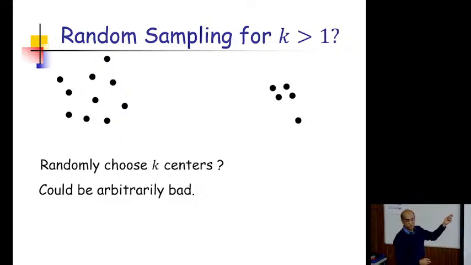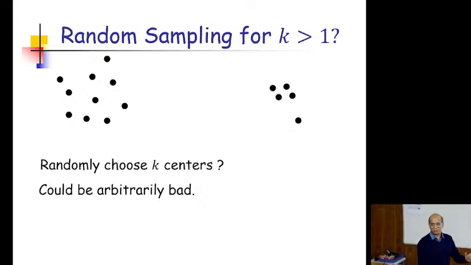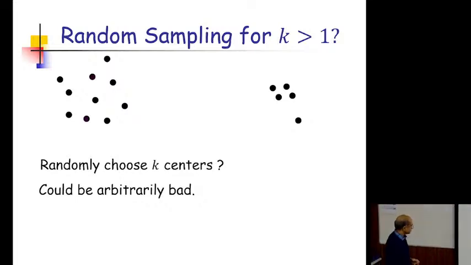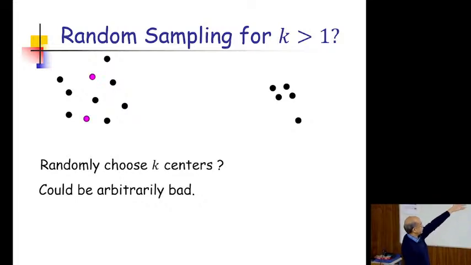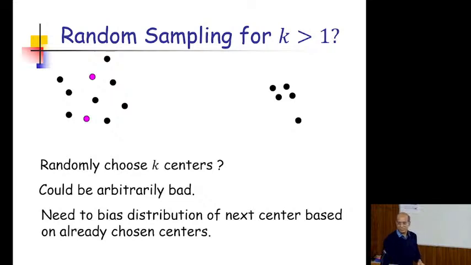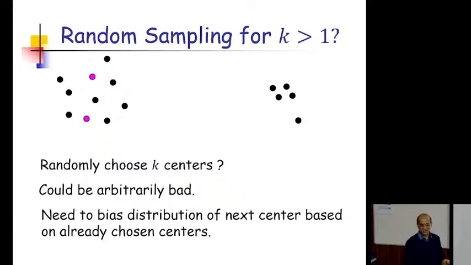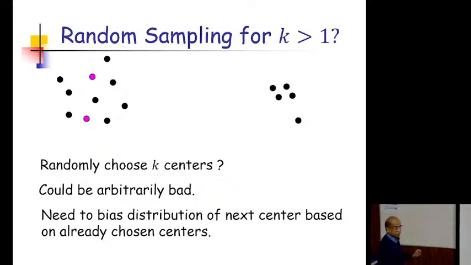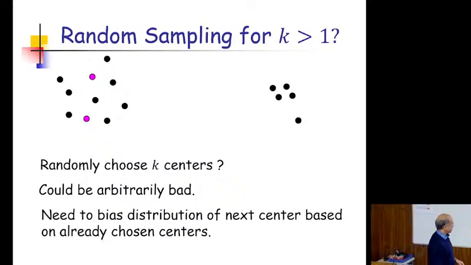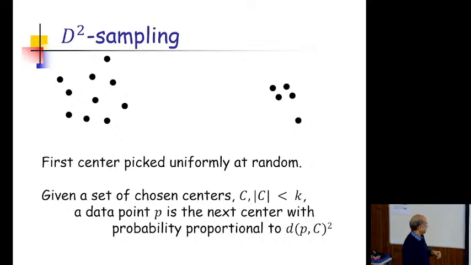Suppose k is 2 here, and if I were to just choose 2 points, that won't be a good idea because maybe one of the clusters is very big, so both the points could be from there and would completely miss that other cluster. So if you choose 2 random points and they both happen to be here, the cost of that solution will be very large. And so the natural idea is to not use uniform sampling, but somehow bias the sampling as you go on picking your centers. This idea has been widely used.